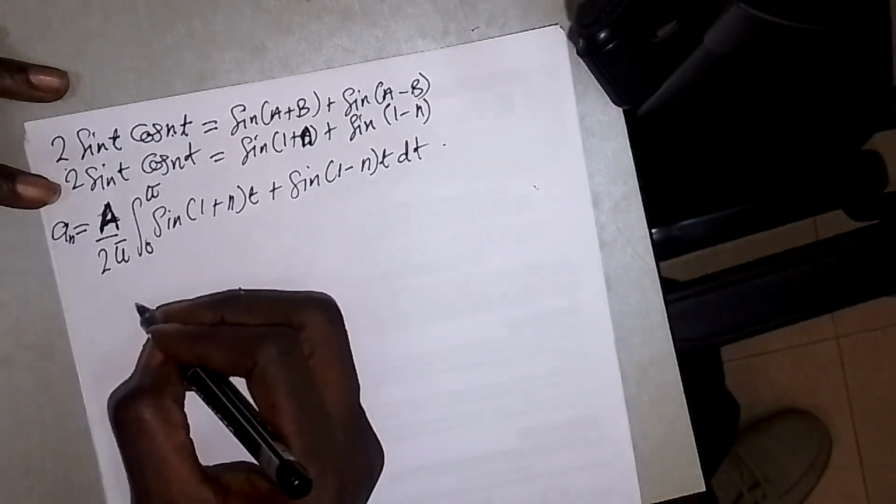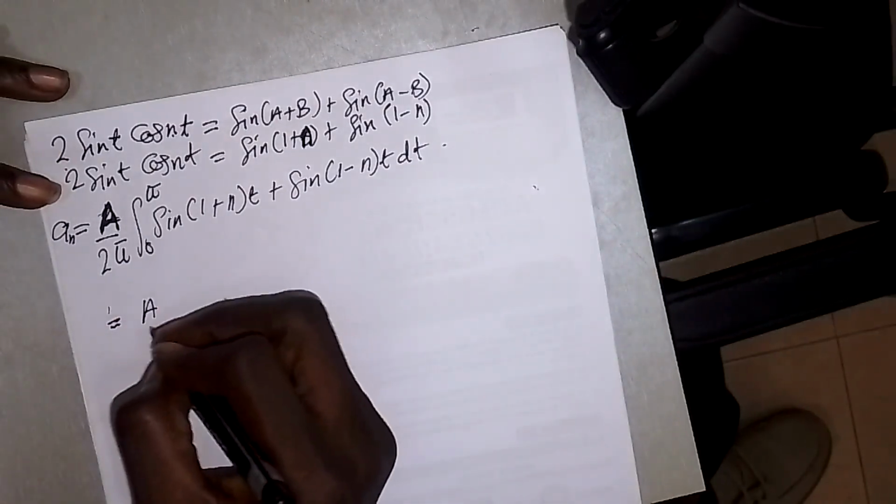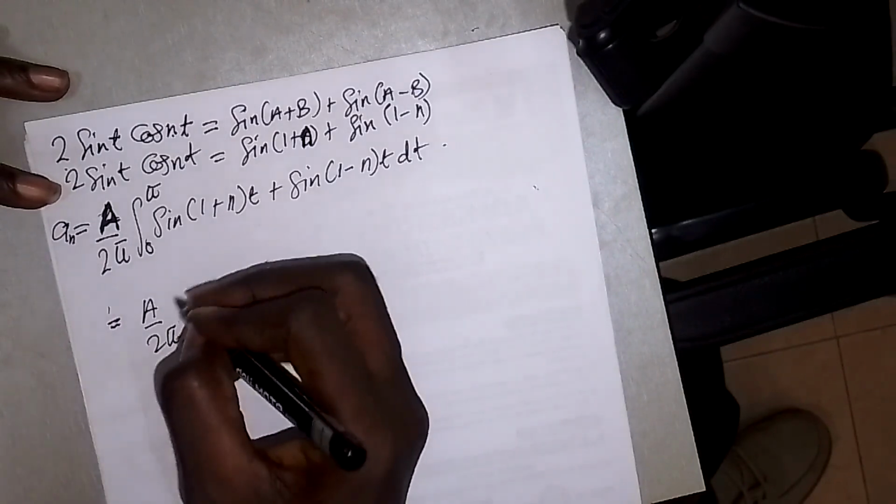So we will integrate this one, and then we will have a over 2π